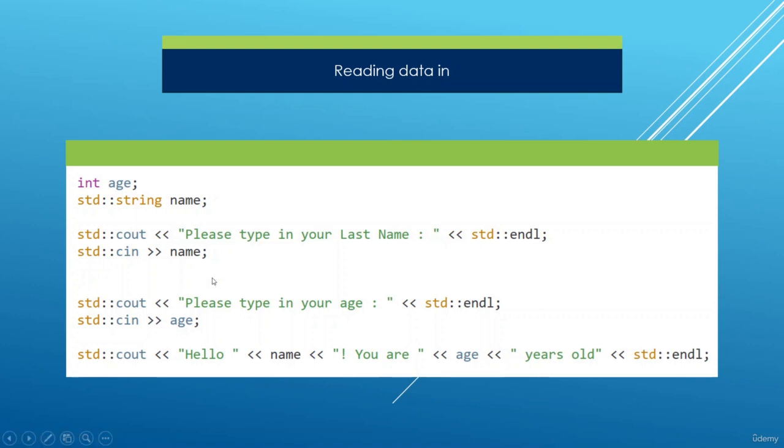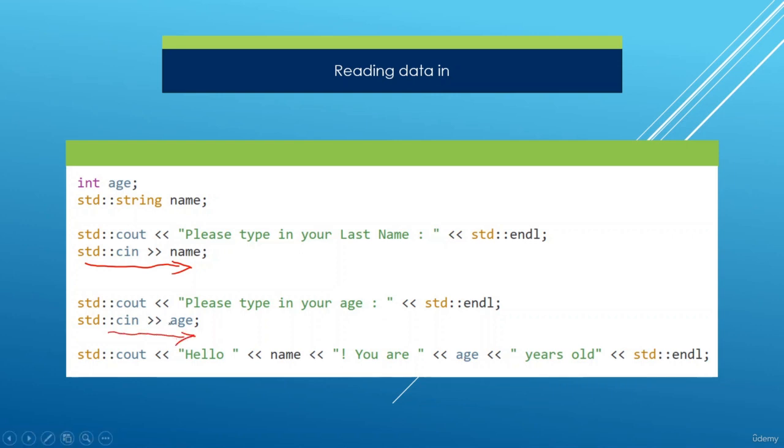So we're going to let the user type in the last name, and this statement here with CIN is getting data from the stream, or from the highway through which data comes into our program, and bringing that into our program. And here it should be clear that the flow of data is in this direction. Data is going from CIN and we're storing that in a variable in our program called name. We do the same thing and ask the user to print the age, and they are going to print that, and the data is going to come from CIN, and we're going to store that in our age